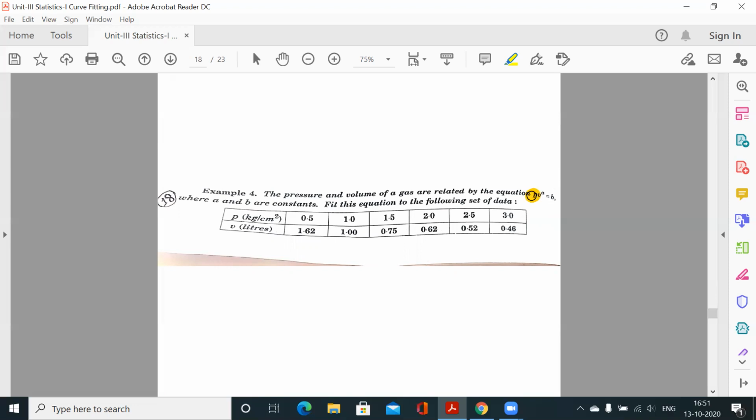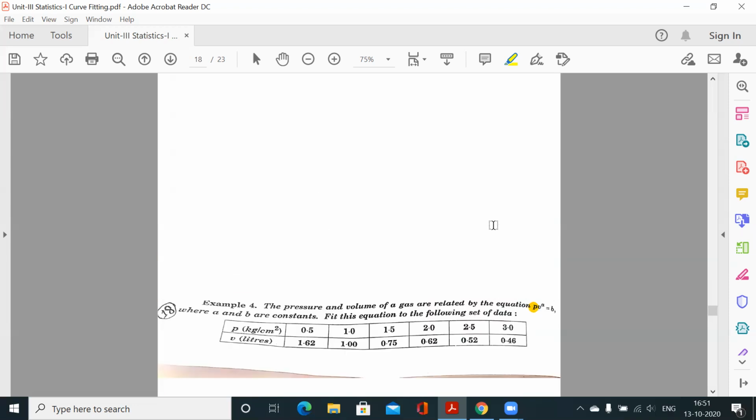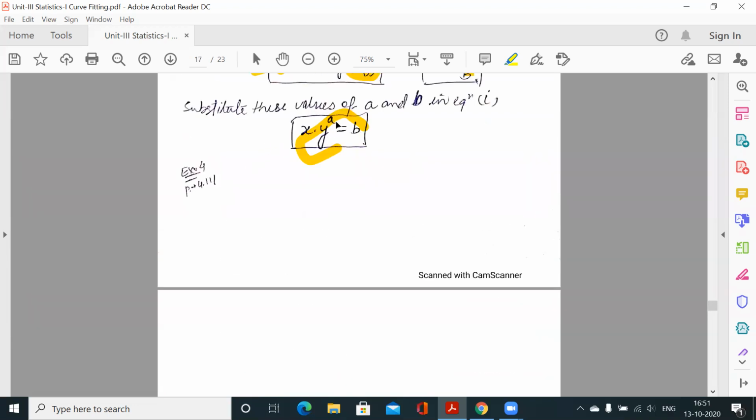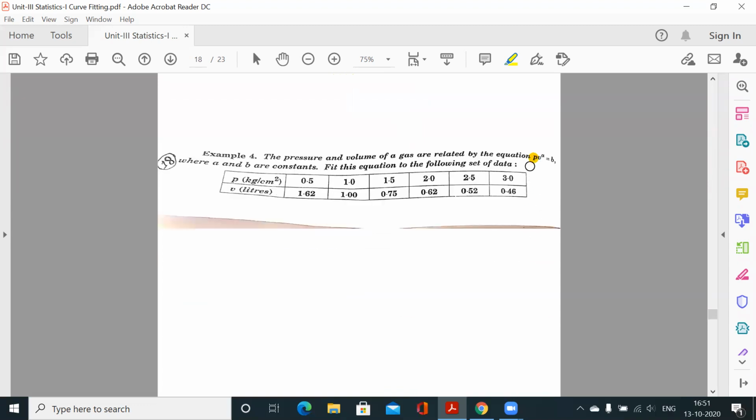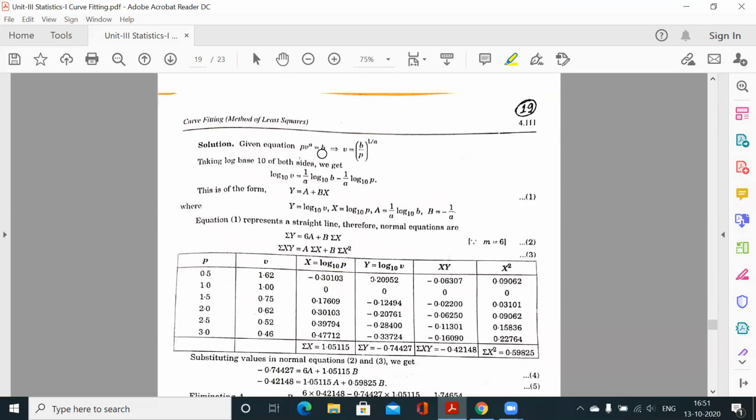इसमें हमें b हमारा डिपेंडेंट वेरिएबल है और p इंडिपेंडेंट वेरिएबल है। इसी टाइप का कर्व है, x इंटू वाई टू द पावर a इज इक्वल टू b। सो x इज p एंड y इज v। ठीक है। तो पहले तो इसको आप लॉग से सॉल्व करिए, वही log y इज इक्वल टू 1/a log b माइनस 1/a log x। सो अब ये y इज इक्वल टू a प्लस बी एक्स फॉर्म में बन जाएगा।